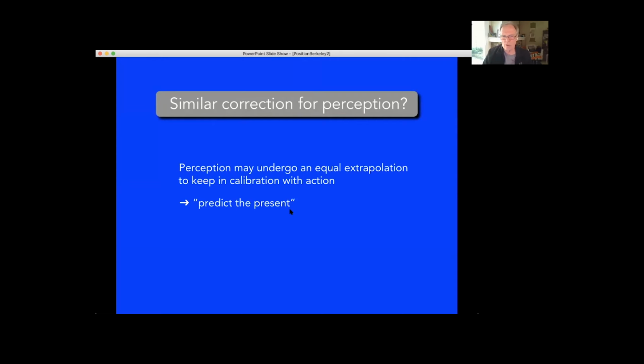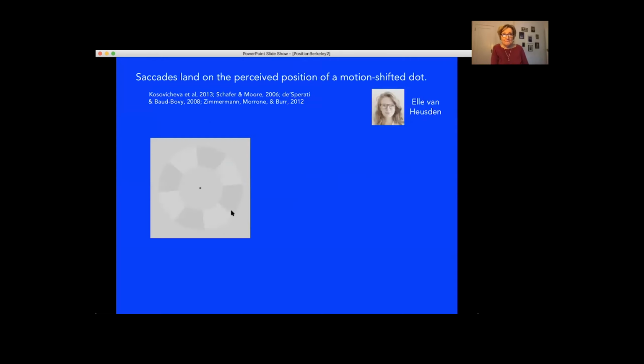which has something to do with predicting the present. Well, if you thought about that, and if you think that the saccade system has something to do with it, you would think, of course, people who have slow saccades ought to have a different perceptual effect than people who have fast saccades, because if the perception is just trying to keep the perceived location aligned with the action, the saccade, then the slower saccade